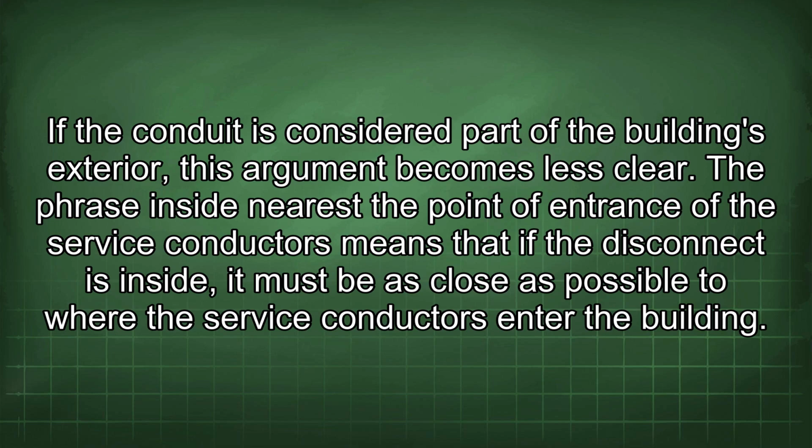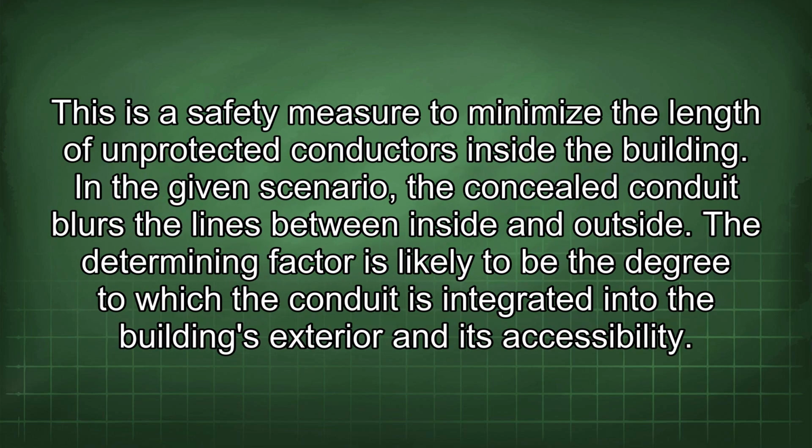The phrase "inside nearest the point of entrance of the service conductors" means that if the disconnect is inside, it must be as close as possible to where the service conductors enter the building. This is a safety measure to minimize the length of unprotected conductors inside the building. In the given scenario, the concealed conduit blurs the lines between inside and outside. The determining factor is likely to be the degree to which the conduit is integrated into the building's exterior and